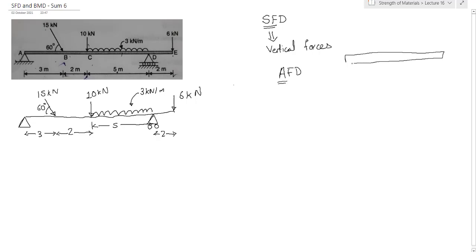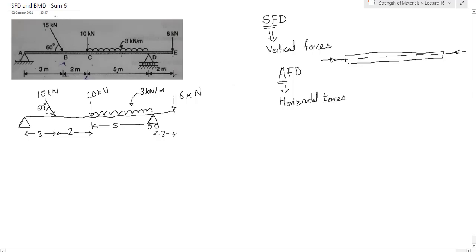See, this is your rod. This is the axis of your rod. The forces which are along this axis are known as axial forces, and the diagram of these axial forces is known as the axial force diagram. It is just like the shear force diagram, nothing different. The only thing is that it consists of only horizontal forces. In the case of SFD, there are vertical forces. In the case of the axial force diagram, there are horizontal forces. So that is what we will do.